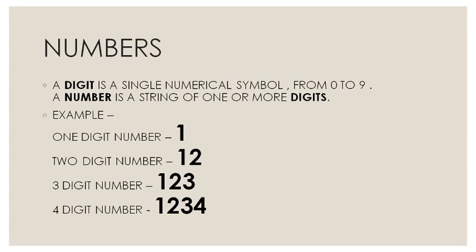If we take some examples, here it has been written, if you take a one digit number, then we have many numbers like 0, 1, 2, 3, 4, 5, 6, 7, 8, 9. Those are called one digit numbers because only one digit is present. Now if we take a two digit number, the example given is 12. In 12 there are two digits. The first one is 1 and the second one is 2.